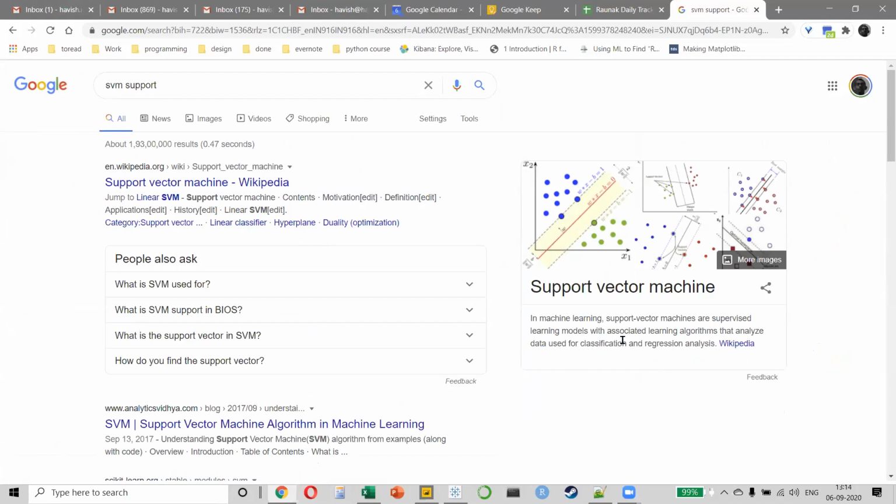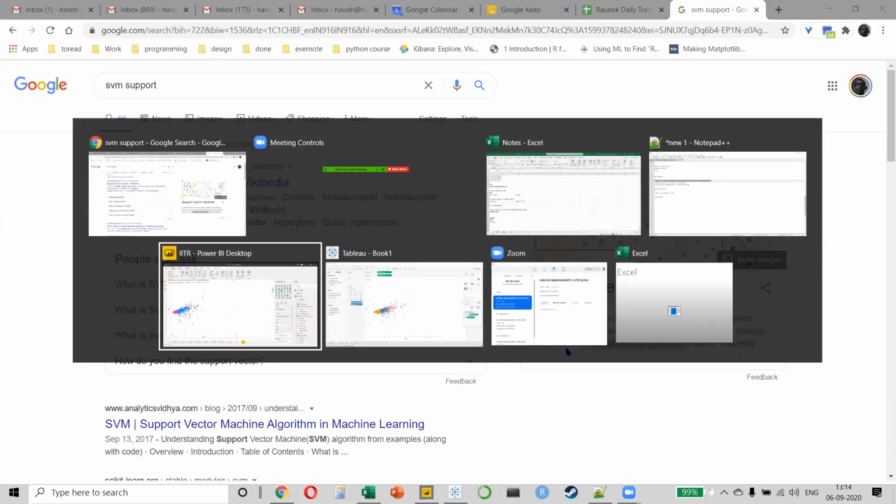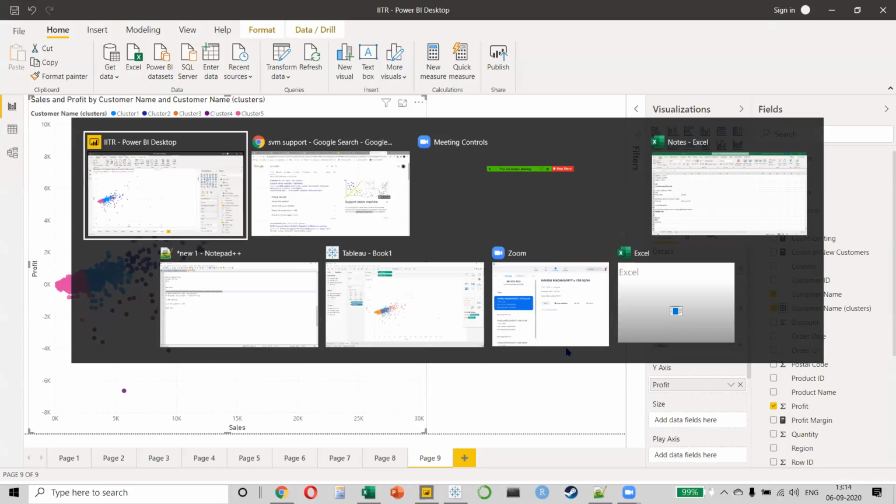but we usually say that this is a part of machine learning, even though this is the same thing, regression and classification, what was there for KNN as well, right? But the basic idea is the same. The idea is that there are multiple data points, and what is our objective? Our objective is to classify it so that we can create different types of clusters in it. Very simple. Okay, now that we have understood this, let's go back to Power BI.